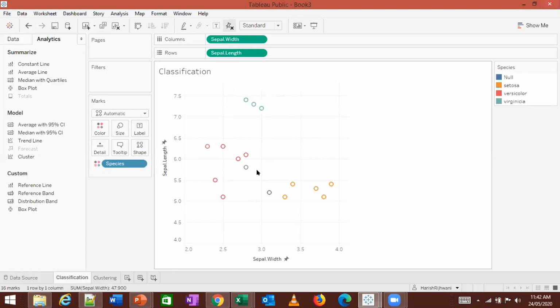When you look at the classification, this point is an outlier. In the clustering, it is being shown as the third cluster. This point is showing as orange. Ideally, this should also show as orange. I'm not sure why it's showing it as blue. Over here in terms of the red, it's probably somehow grouping it over here, but ideally it should be grouped over here. So that's how clustering works in Tableau.